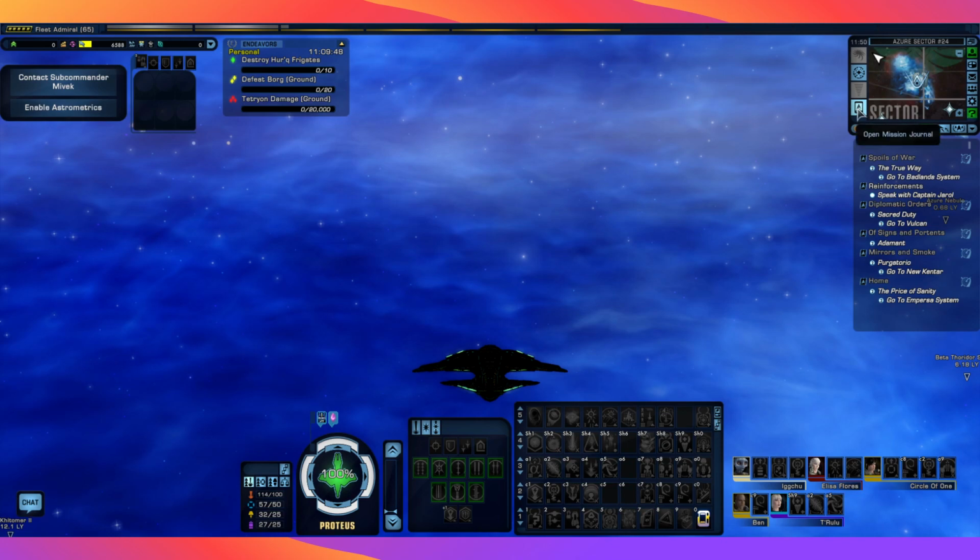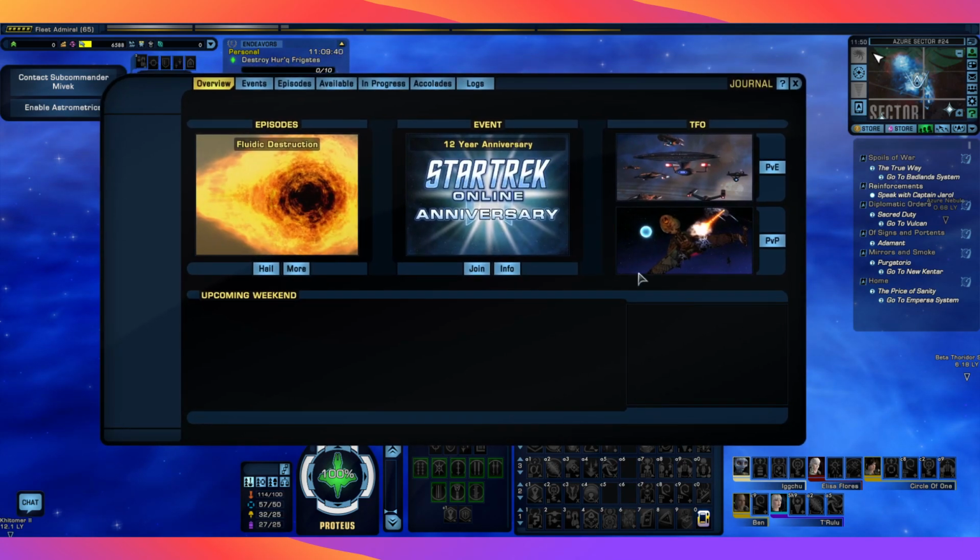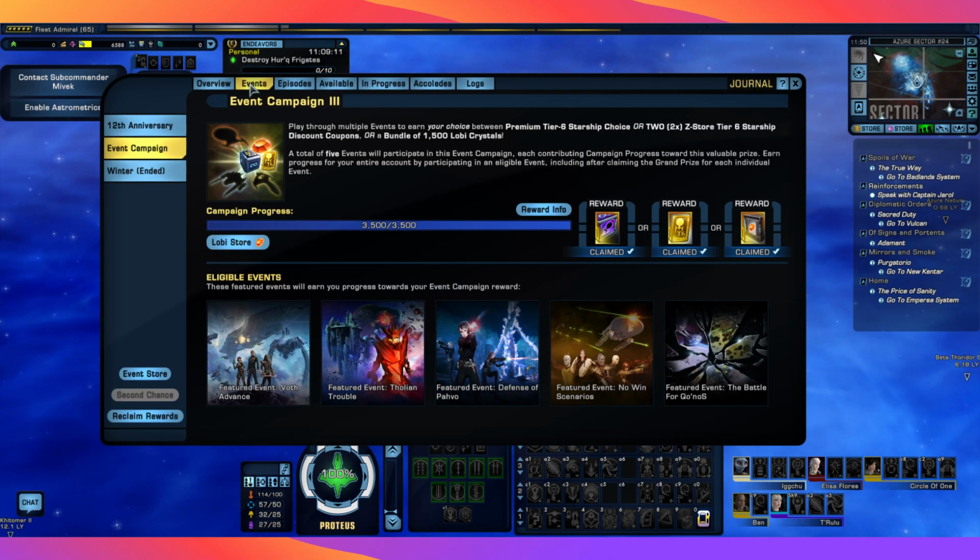Next up, this next menu is your mission journal. This is very important. When you go into here, this tells you all the missions you can do, all the missions you're doing, how you progressed, and it also has your storylines or story arcs, as most people refer to them. So the first screen here is just almost a splash screen of some things that are going on at the moment that you see in other screens. Could be a shortcut if you want to do some of this stuff. But your event screen,